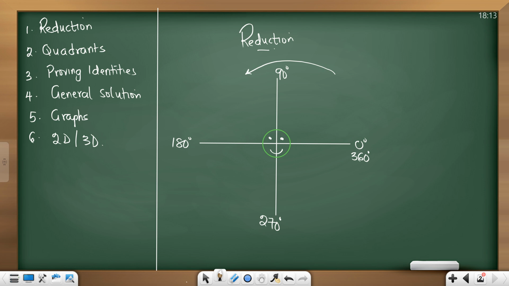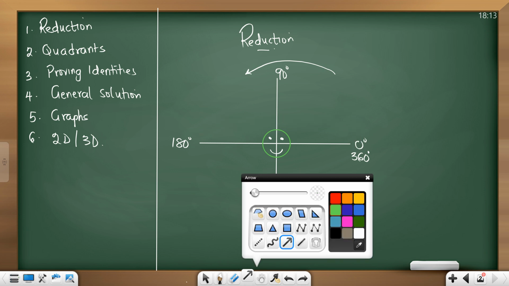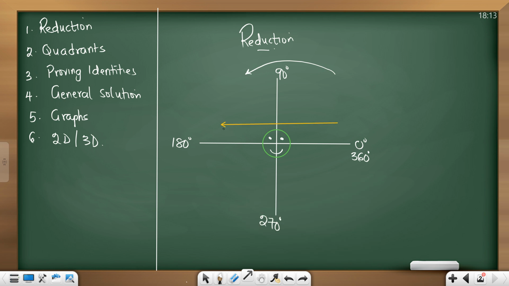Is that okay? 2 things to do with your head. Is either you nod your head or you shake your head. Nodding means what? Yes. Shaking your head means what? No. So if I am moving, why did I remove the eyes? If I am moving my head horizontally, what are we saying? Let me use a different color. If I am moving, guys, I'm going to be very fast on this. If I am moving my head,